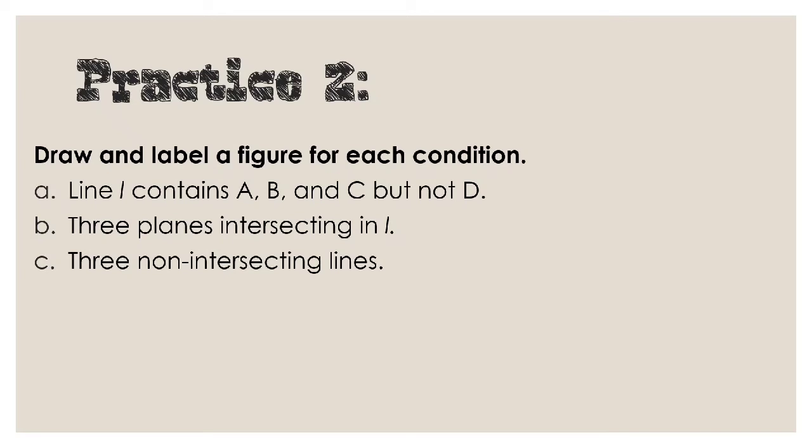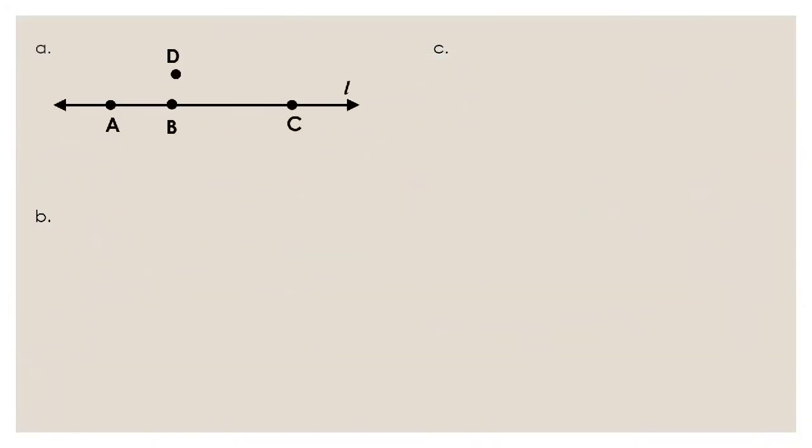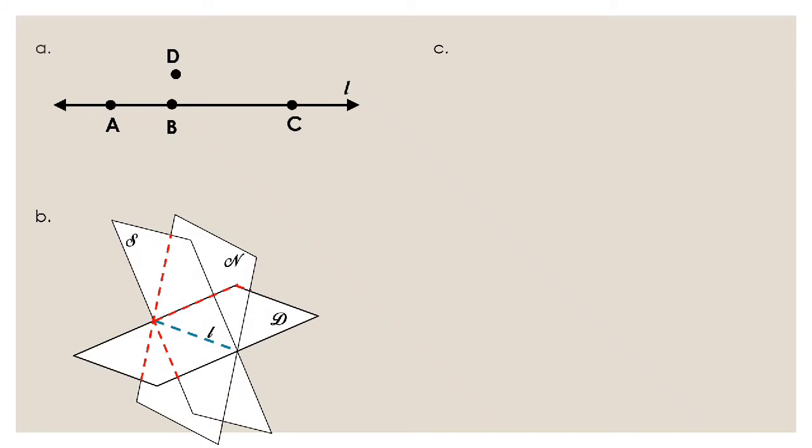Let us check if you have drawn the figures correctly. So for letter A, we have this figure. Did you get it, class? Okay, very good. How about letter B? Yeah, so it's just the same with the figure earlier in our previous exercise. You just have to add another plane, and don't forget to label each plane and the intersecting line